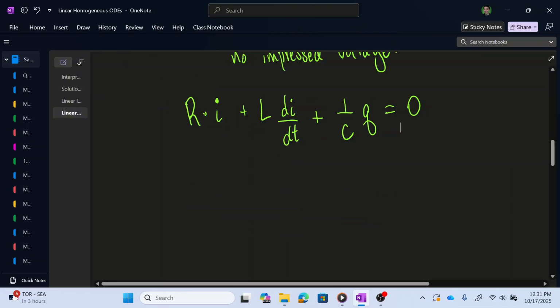Now, at first glance, this differential equation might not seem like an example of the kind of thing that we are talking about in this lecture, because for one thing, there's no second derivative present in what we're seeing here. And for another thing, as written, this equation currently has two output variables: the current I, which is changing over time, and the charge Q on the capacitor, which is also changing over time.